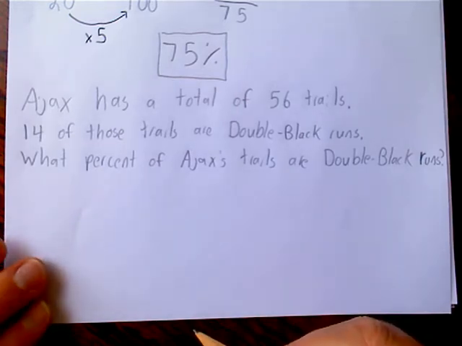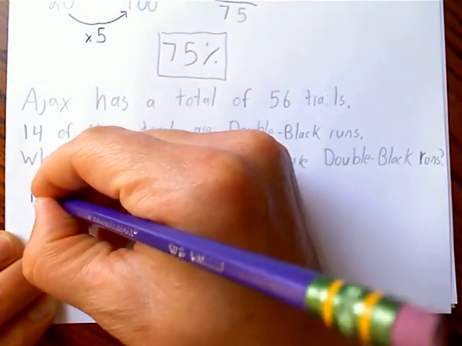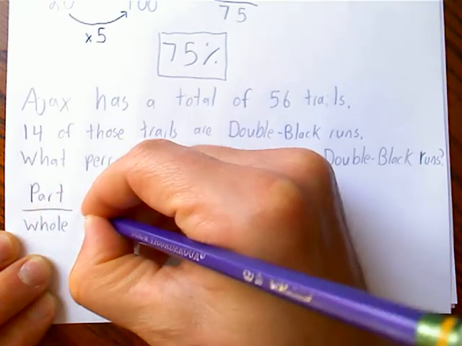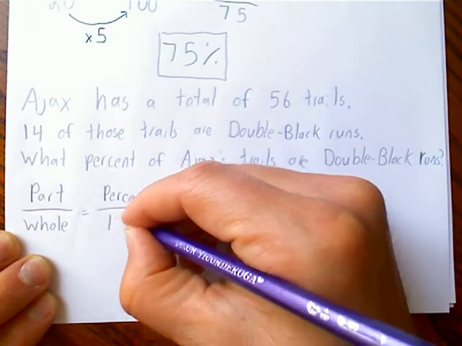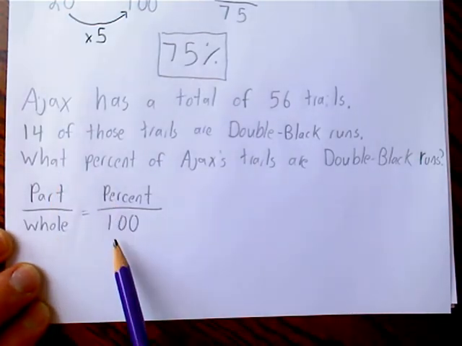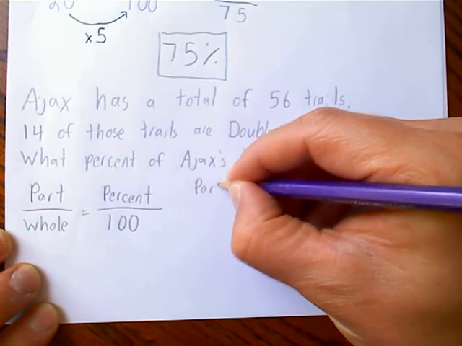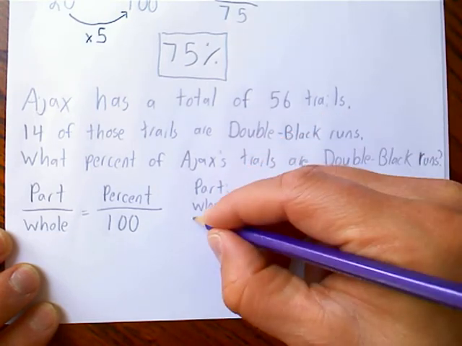So as always, when we're doing the proportion method, we're going to start with our key. Part over whole equals percent over 100. And I want you to write this out every time because I want you to show your work, but also it's going to help you memorize it the more you write it. Part over whole equals percent over 100. Okay, now let's figure out what the part, the whole, and the percent